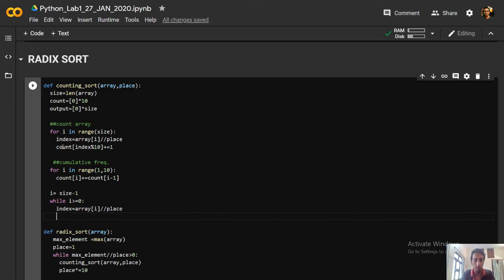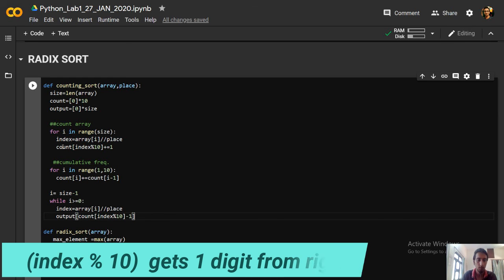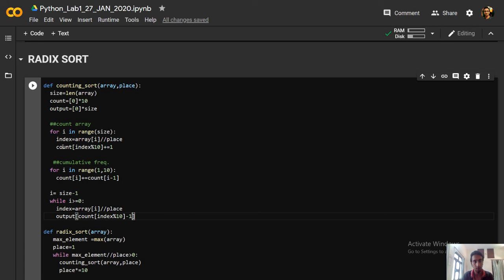And then we will have output[count[index % 10] - 1]. I have done the minus 1 here because we do not have to count the element we are currently on. We have to count the elements that occur before that particular element, so we subtract 1.